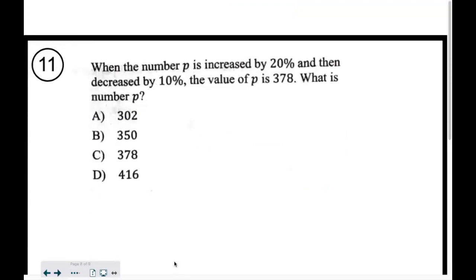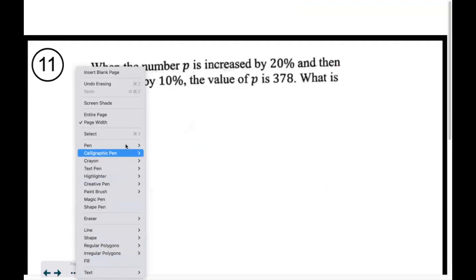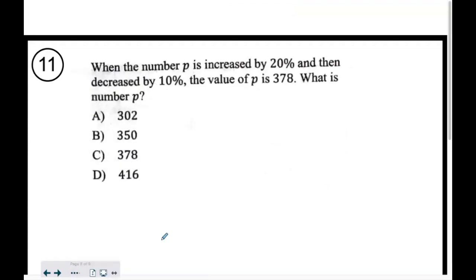All right, so now let's do what we did before. So p is increased by 20%. Let's be careful. I'm not going to write it that way, let's just talk about this. If you increase it by 20%, we've been talking about this throughout the entire lesson, that is multiplying. That is looking at it as taking 100%, increasing by 20% is 120%. That's multiplying it by 1.2. So 1.2p, and is then decreased by